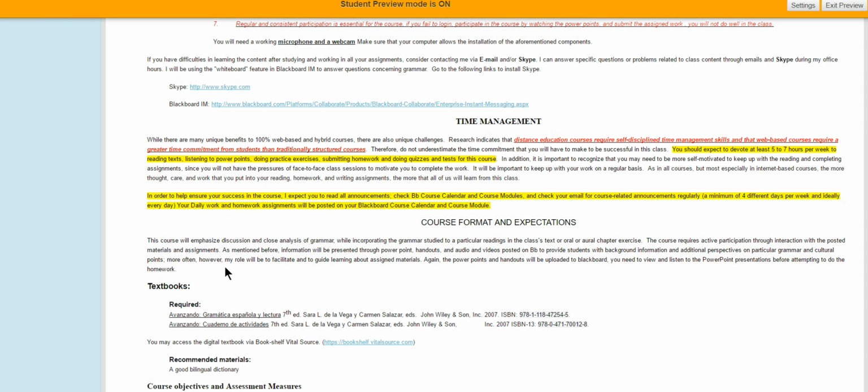Course format and expectations. This course will emphasize discussion and close analysis of grammar while incorporating the grammar studied to a particular reading in the class's text or oral chapter exercises. The course requires active participation through interaction with the posted materials and assignments. As mentioned before, information will be presented through PowerPoints, handed out, and